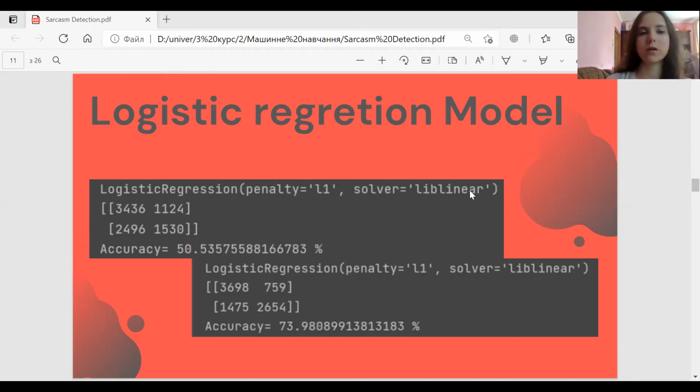First time, I perform the model with simple tokenizer, and the accuracy is low, about 50%. I conclude that the usual tokenizer for such models is not enough, so additional vectorization is required. Then for logistic regression, I additionally apply extraction of features of TF-IDF from the sklearn library. After a new division of data into a test and training set based on TF-IDF, the result of the model has significantly improved to 74%.